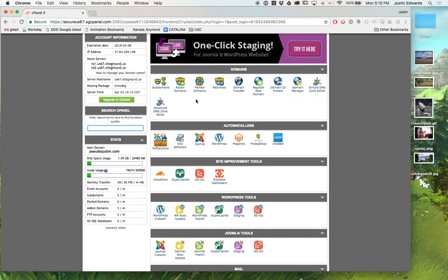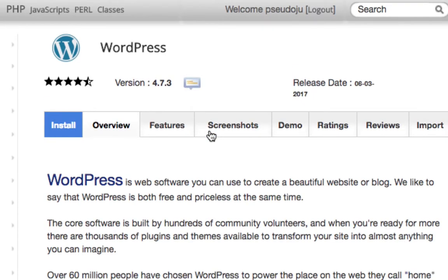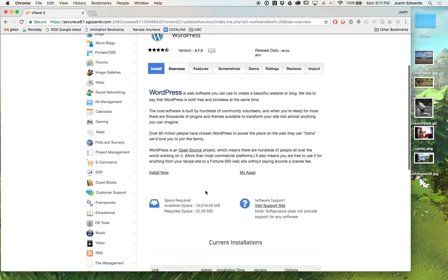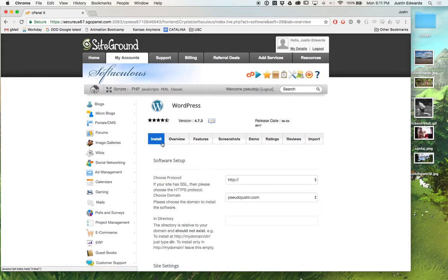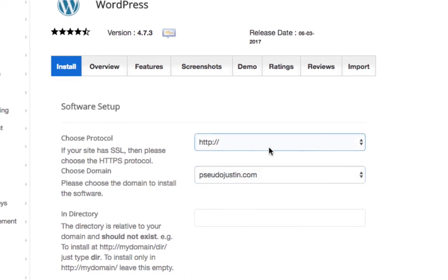any of the code, and you can just simply go, for instance, for our purposes, all cPanels will have WordPress. GoDaddy has it, Bluehost has it, and SiteGround has it, an auto installer. So I'll go to WordPress, and I'm like, hey, I just want to install WordPress on my site. So I'll hit install, and then this is where you'd put in your website